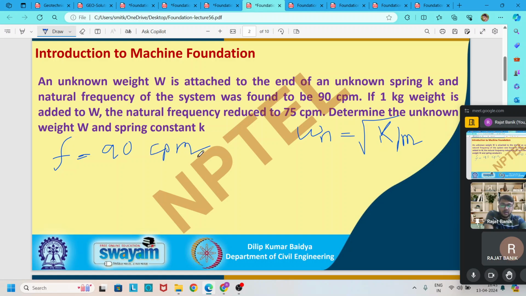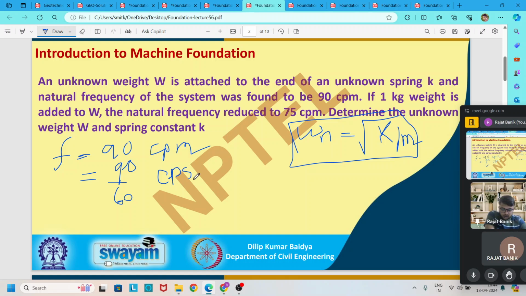But for this equation, we need F in cycles per second. So we divide 90 by 60 and get our frequency in cycles per second,